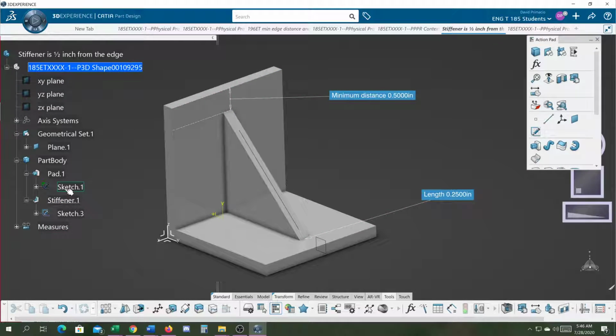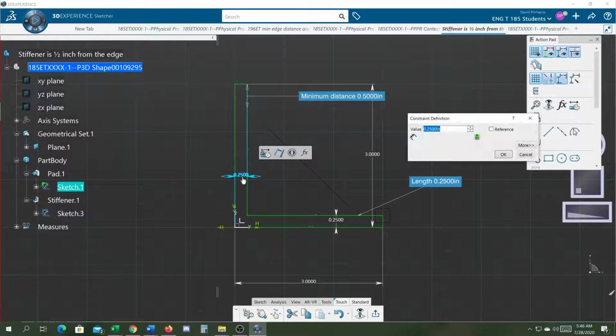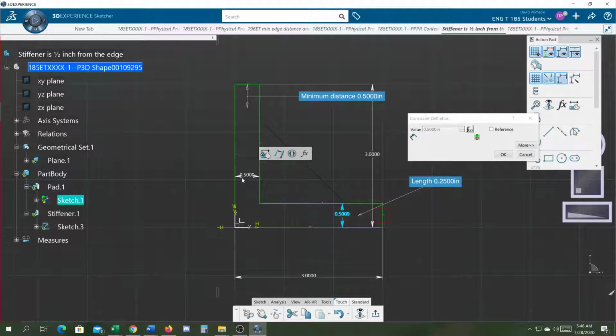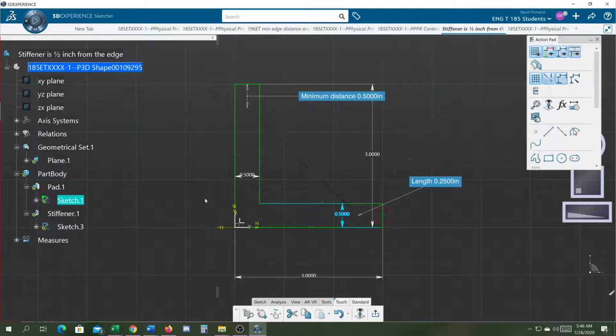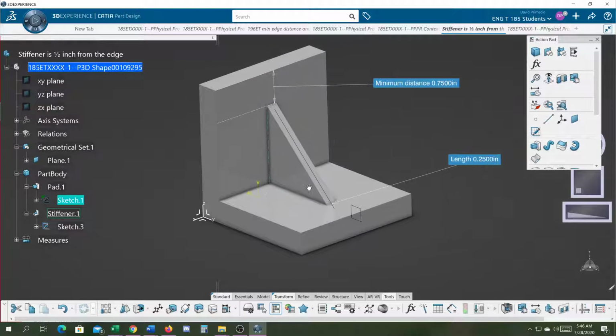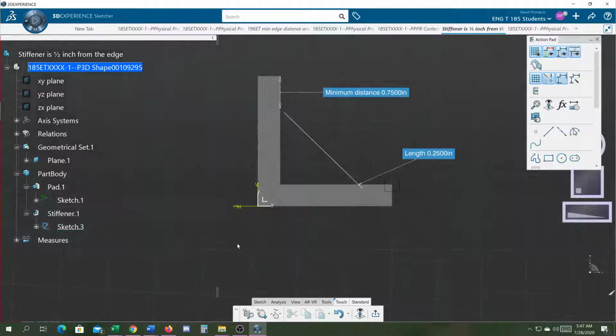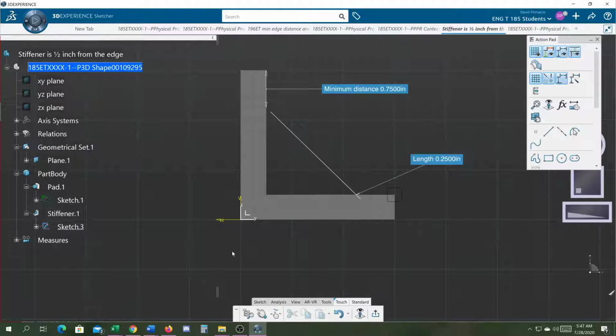Well, if I go into this sketch and I change this to a 1/2 inch, and I change this to equal this one, and I say okay, and I exit out of the sketch, that's no longer a 1/2 inch distance. So the reality is I would want to control that distance to be 1/4 inch, 1/2 inch, or whatever it is. So I got to go to sketch 3, and really what you got to do,